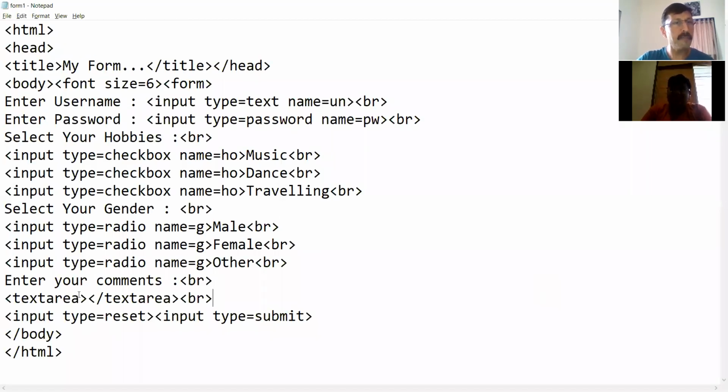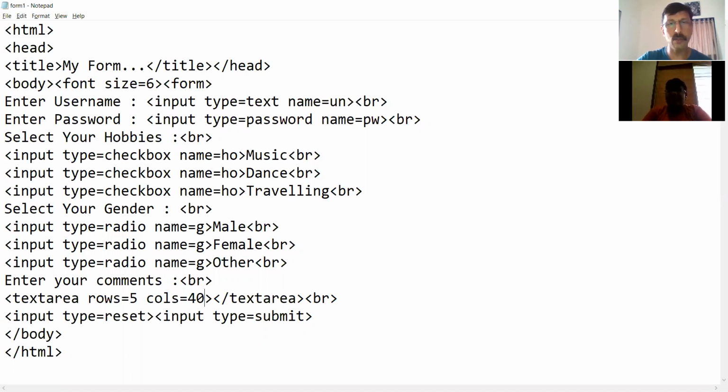As you can see, we came back to the notepad code and there are 2 attributes. One is called rows. Let's say we say rows is equal to 5 and cols is equal to 40. So now the box will be a little bigger with 40 columns width and 5 rows height. But again, you can enter as much as you want.